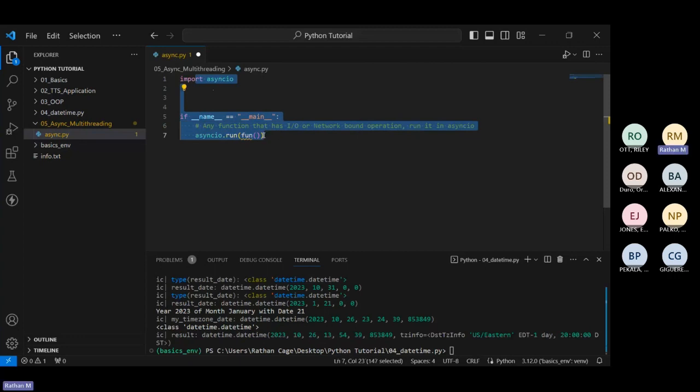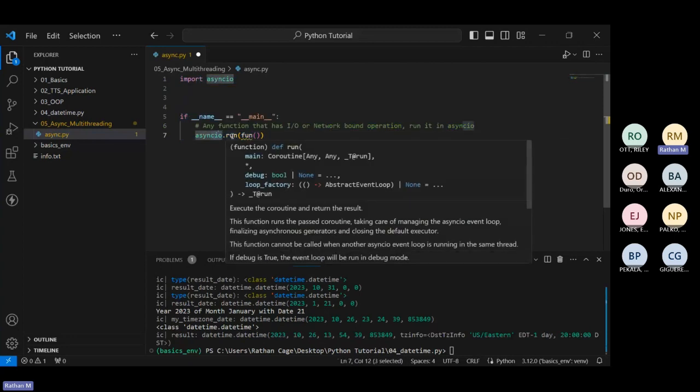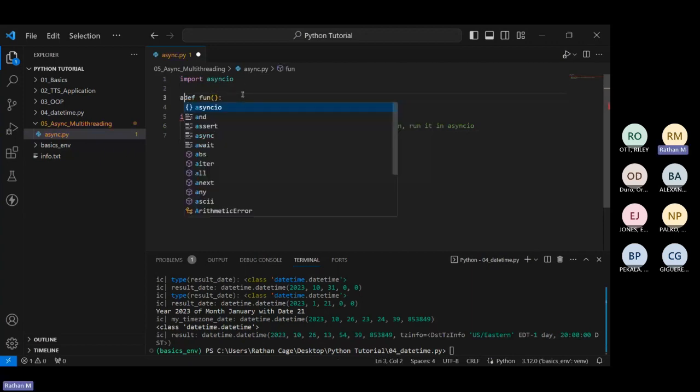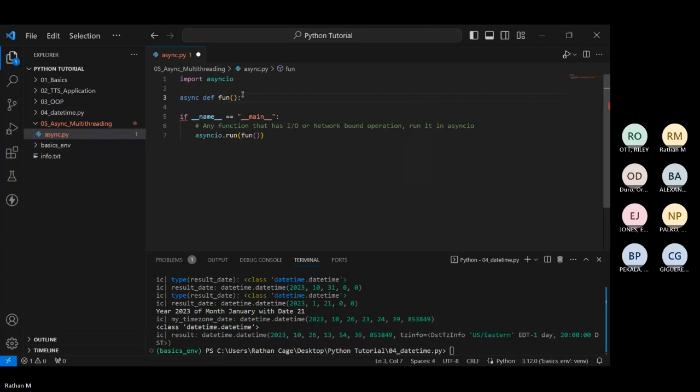Whatever is the first function you run in your application, run it as an async IO run coroutine. When you run it as an async IO coroutine, it's going to execute this function with async. And that means you can make the best use of your program. So that function that we have, before writing it, you have to use the async keyword. When you perform async io.run, please remember every function should be written with async. Now, for our understanding, I'll just do this.